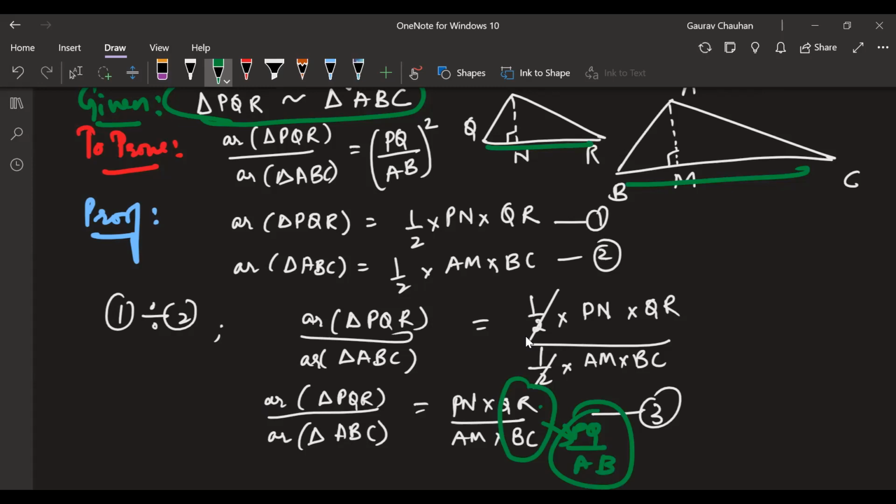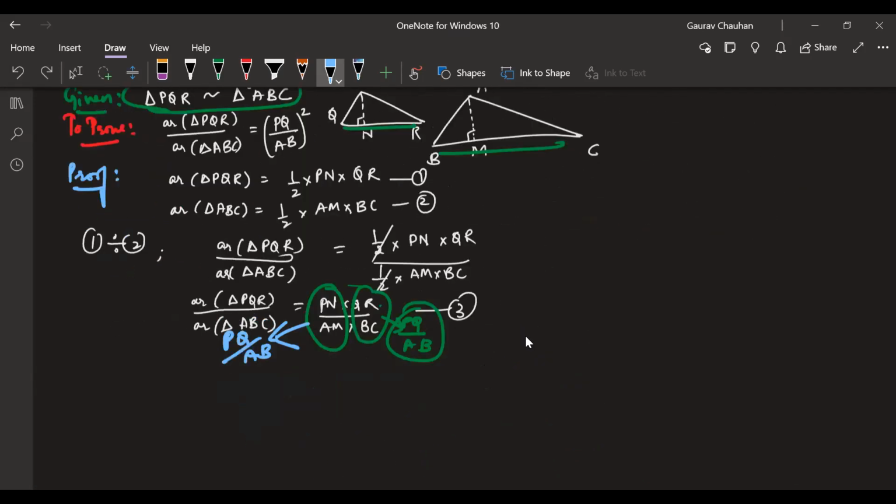Everyone okay so far? Now this one also, my one worry is whether I can change this also to PQ by AB. That will solve my problem. Are you seeing my thought process here? Is my thought process visible to you?